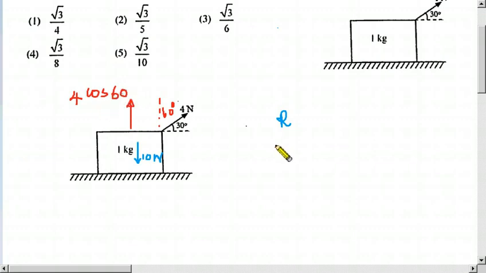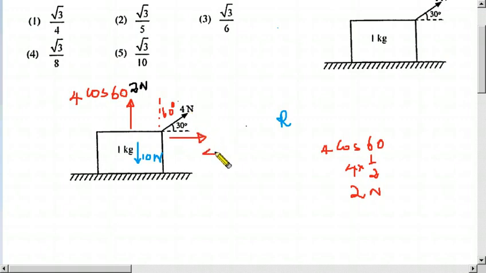So cos 60 is half, then 4 times half means 2 Newton. So here the force is 2 Newton upwards, and we have to take the horizontal component, that is 4 times